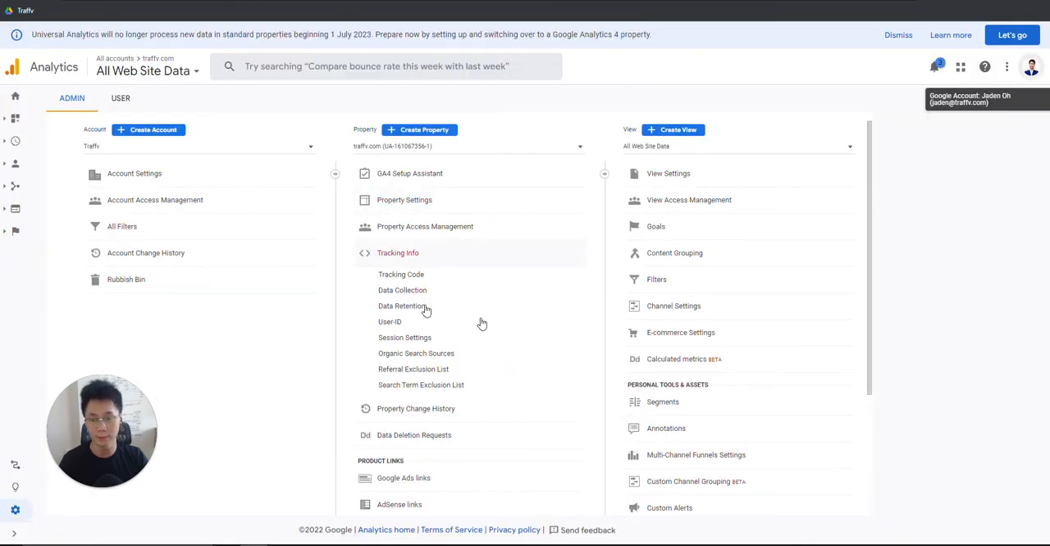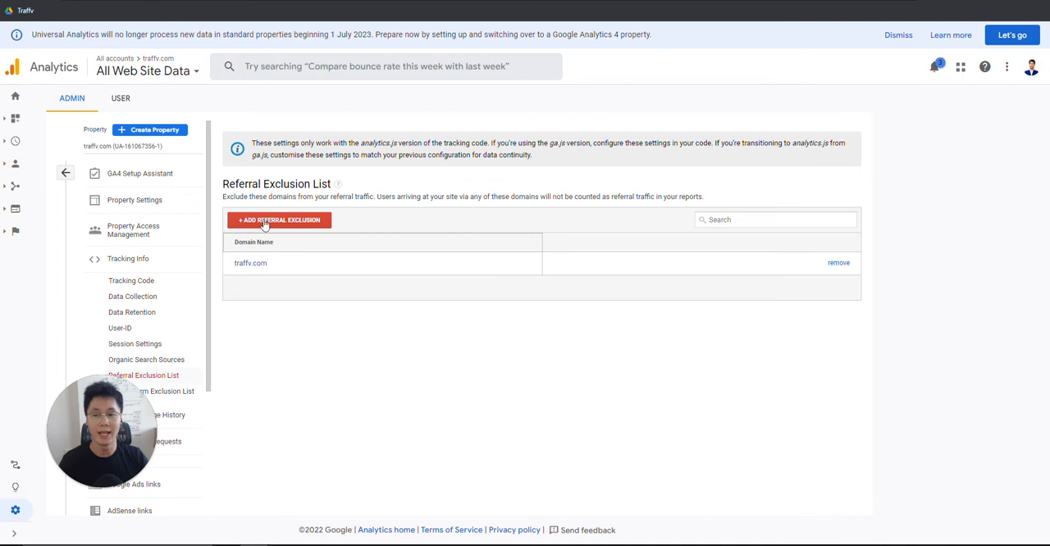But if you want to make sure to track your subdomains, all you do is go over to your analytics, click on admin, and under tracking info, look at referral exclusion list. What you need to do is include your website here, in this case, for example, trav.com. The reason is that you don't want people to land on your website, and then when they browse certain parts of your website, they go over to, say, for example, your